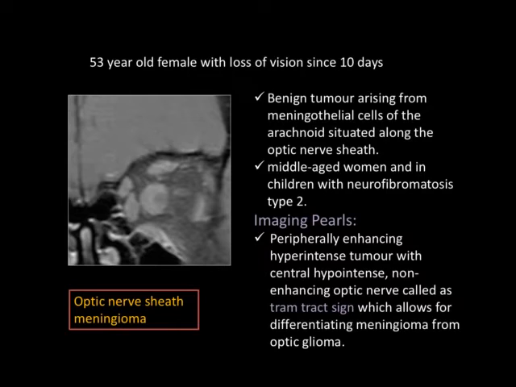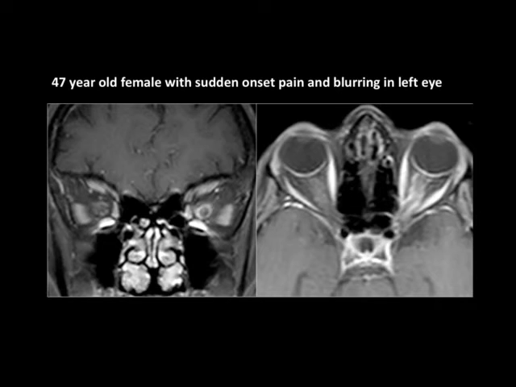Which is the tram track? That is in post-contrast. T2-weighted image. He's trying to say that the cleft of CSF is not seen, but you have to see that the nerve is displaced. The cleft will not be seen, no? The nerve is displaced medially, eccentrically, and the whole space is occupied by the mass itself. So it cannot be optic nerve glioma. With glioma or meningioma, the cleft will not be seen because the tumor fills up the space. Next.